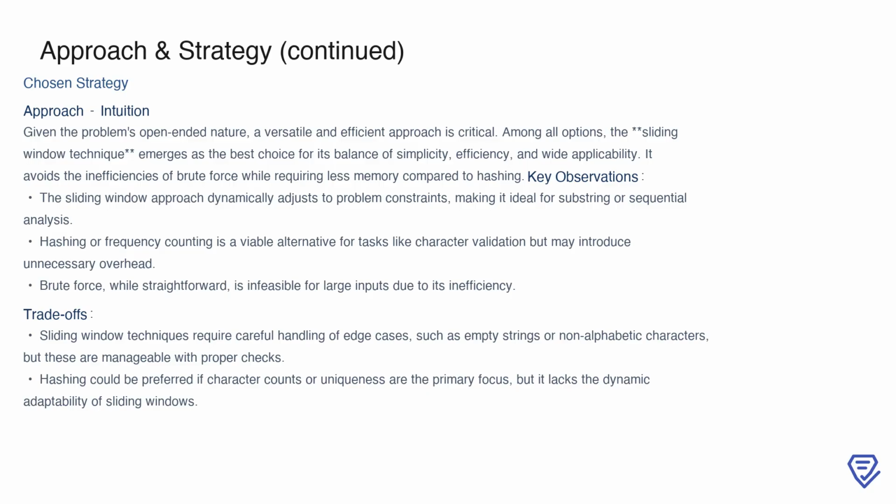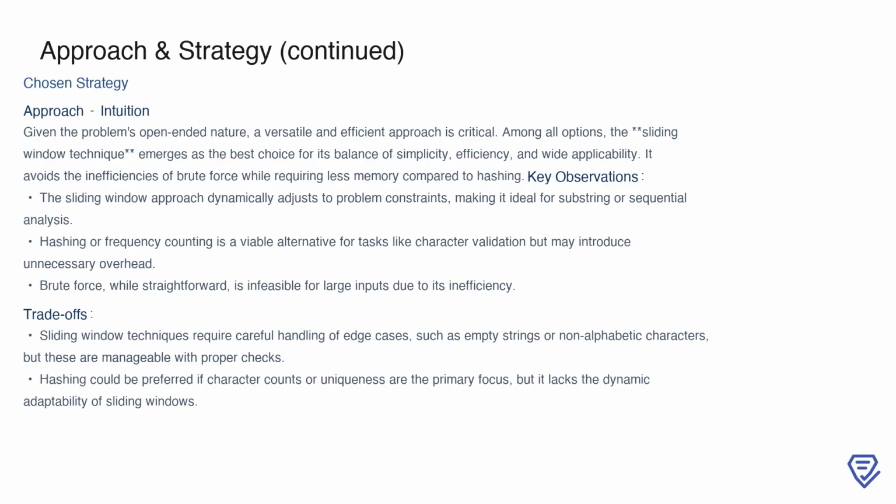While hashing remains a viable alternative for tasks such as validating character counts or uniqueness, it can introduce unnecessary memory overhead for scenarios that do not require such detailed tracking. On the other hand, brute force, despite being straightforward, is impractical for larger inputs due to its prohibitive time complexity. As with any approach, the sliding window method does come with trade-offs. Edge cases such as empty strings or non-alphabetic characters must be addressed carefully, but these challenges are manageable with appropriate checks and validations. For problems that demand flexibility and efficiency, the sliding window technique provides a robust solution that balances